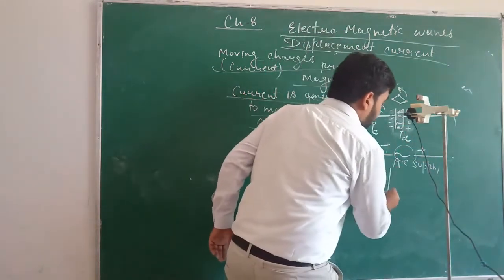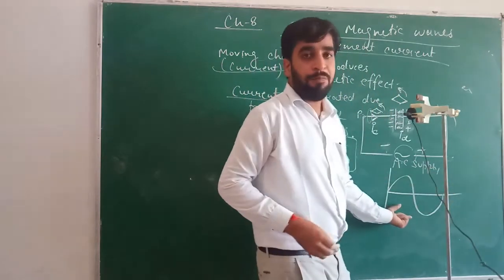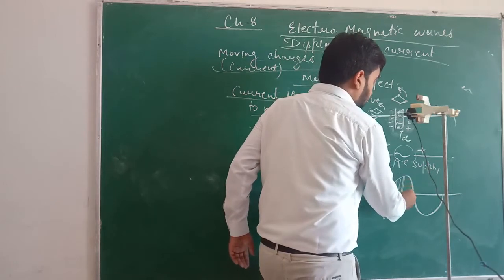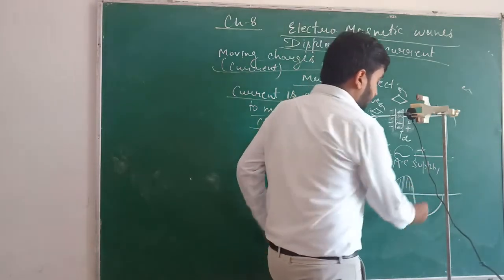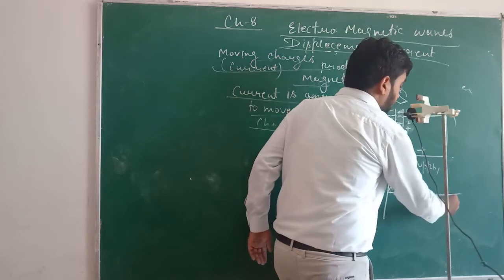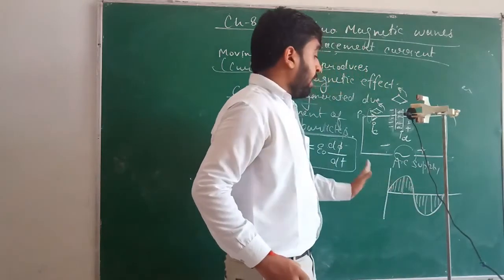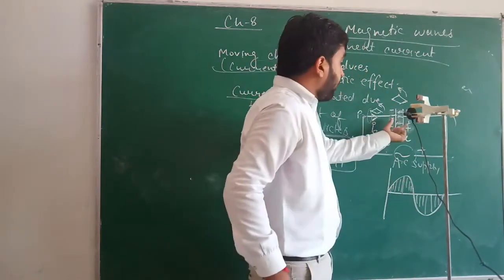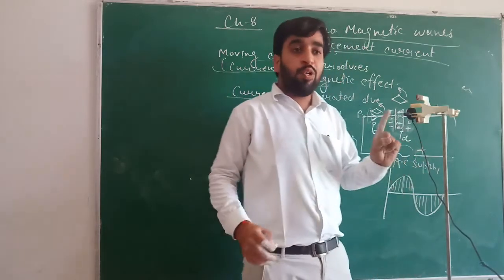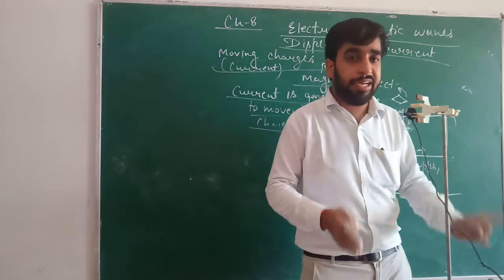So we will find the nature of electric field similar to this waveform. Earlier it keeps on changing like this, reaches the maximum value, decreases, and again increases in the opposite direction, decreases in the opposite direction, finally comes to zero. So this is the nature of electric field which is generated between the plates of the capacitor. And due to the variation in this electric field, the current is being generated.